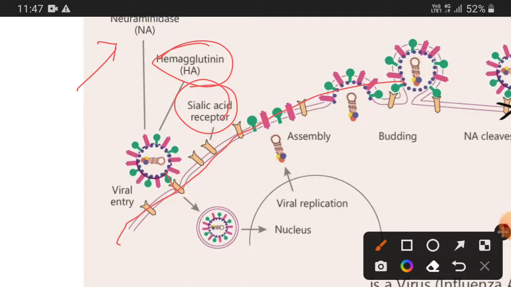Now after entry, there is a receptor mediated endocytosis by which they enter inside the host cell, and as a result, inside the host cell they will be surrounded by vesicles. Okay, now after that,